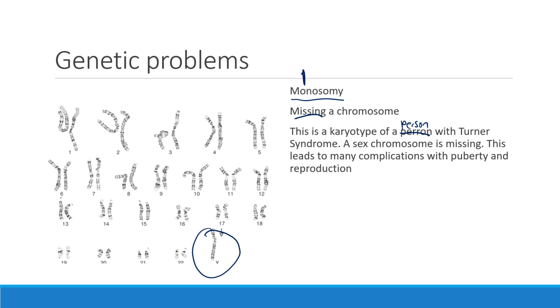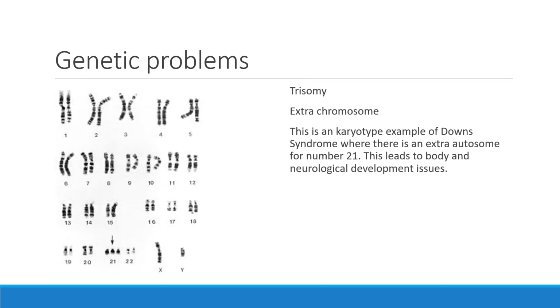Okay. Is there an opposite of this? Well, there is actually. The opposite of monosomy would be trisomy. Let's go look at the idea of tri. Tri meaning 3. So that means trisomy probably means that one of our pairs has 3 instead of 2. So let's go look. 1 seems okay, 2 seems okay, 3 seems okay, all the way down until you get to 21. 21 has 1, 2, 3